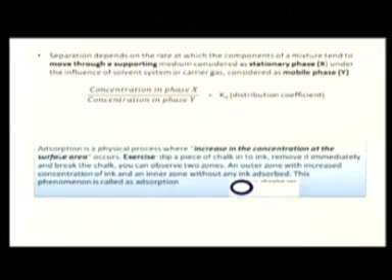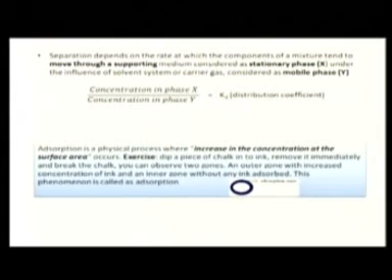The other principle is adsorption. Adsorption is nothing but an increase in concentration at the surface. When we use the principle of adsorption to perform chromatography, the substance we are going to separate gets accumulated on the surface of the medium. For example, imagine you dip a chalk into ink. The outer layer of the chalk will adsorb more ink. The moment you break the chalk, you can see the white portion which is not coated with ink, while the outer layers are coated with ink. This is adsorption, increasing the concentration at the surface.